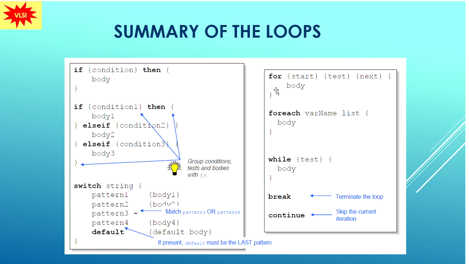Then comes the for loop. Now for will have a start, then a test value, which is a value you'll start from, and then next, or it can be end also. It can be the last condition also. So basically start, end, and then in the middle there is a variable that you will define, or a test value that you will be giving. Okay,